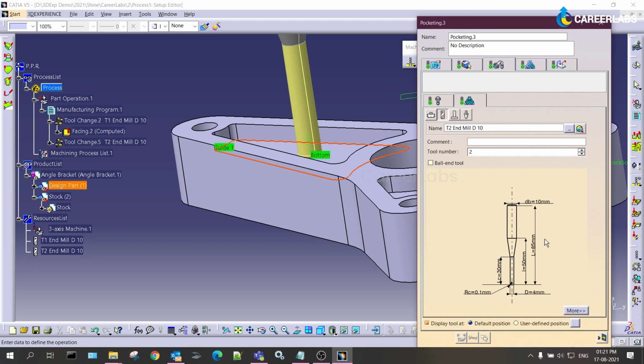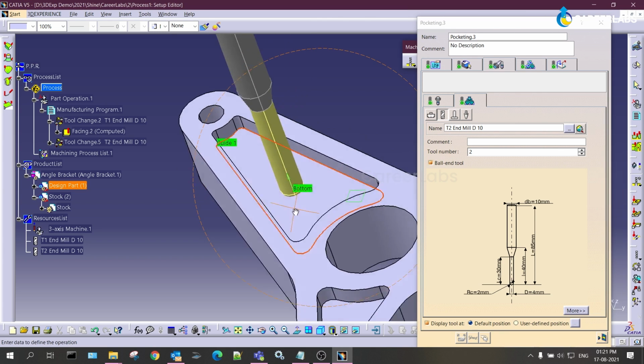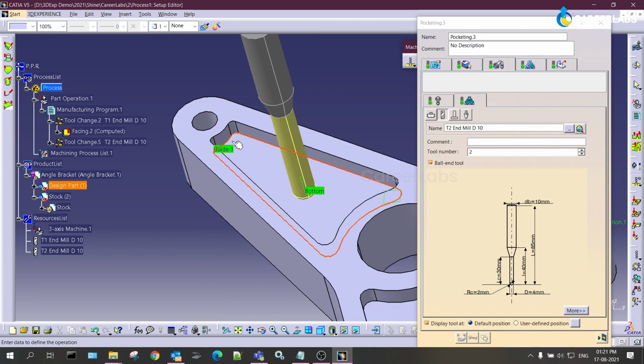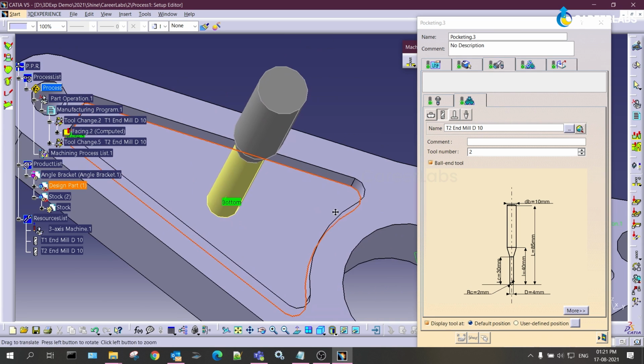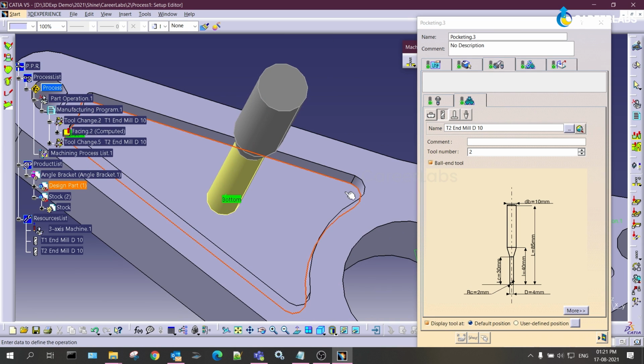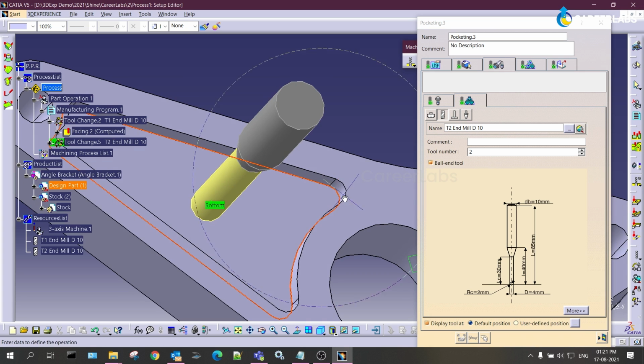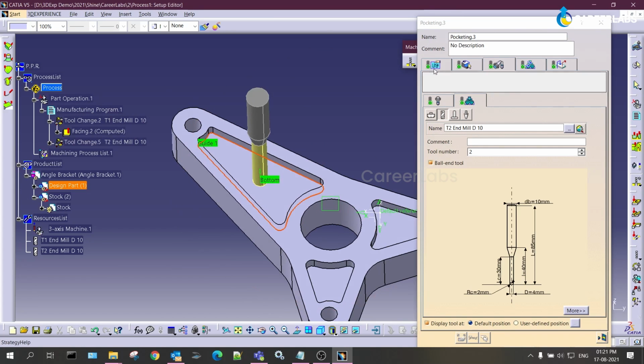So this is how we can customize our own tool. Let me make it 40 with ball diameter as an end tool. So for any pocketing operation, we have to make sure that corners are very critical. As per the real conditions, we have to observe and select the tool accordingly.